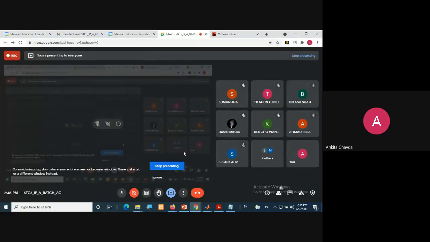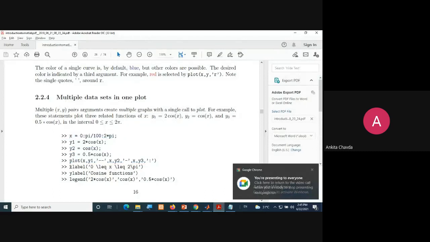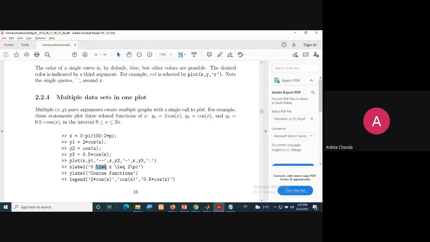Okay, fine. So what kind of data are you getting? In a single graph, you are having the three values together, right? After that, you can try with this x label. So what does this slash mean, the slash LEQ? You just try and let me know, because whenever we write slash pi, it shows you the symbol of pi. So what does slash LEQ mean? The name itself says.